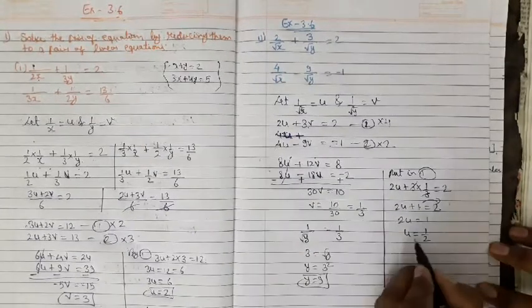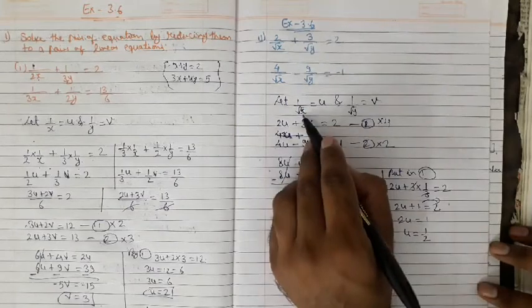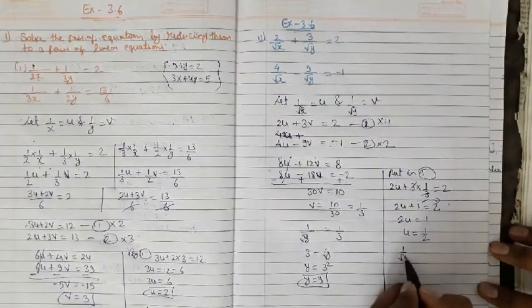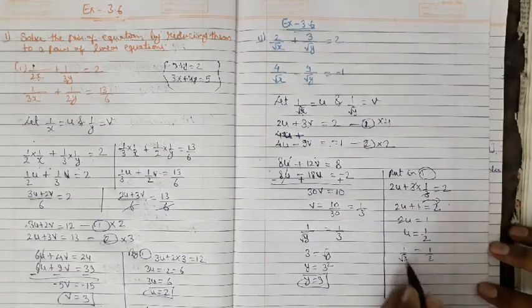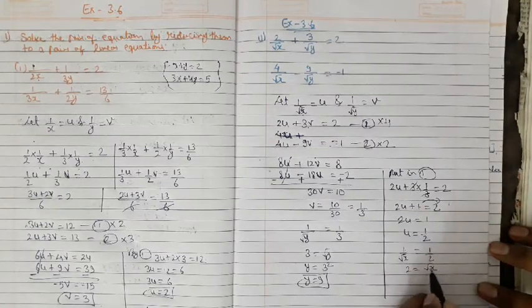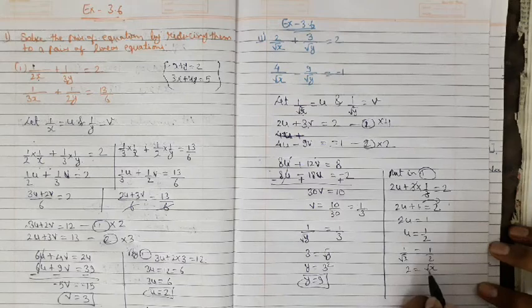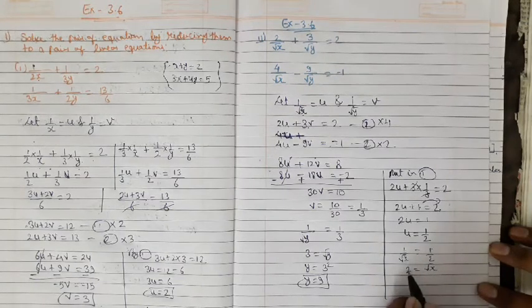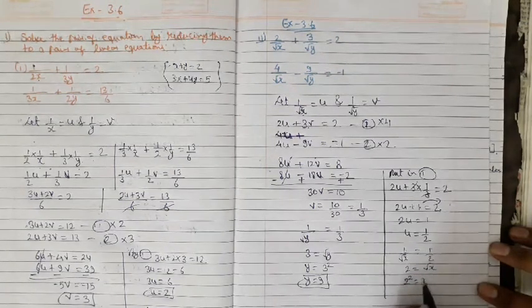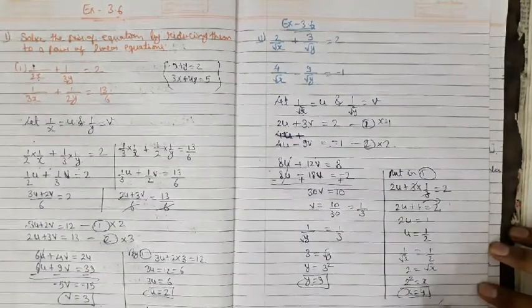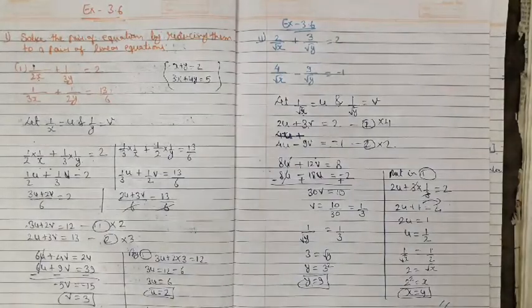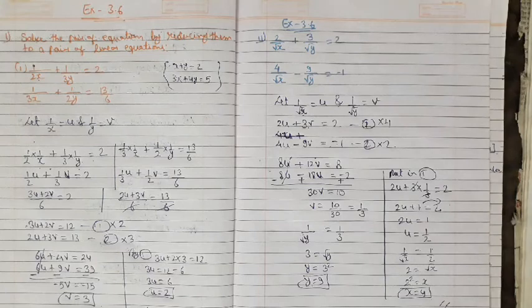And same thing, instead of u we take 1 by root x. So 1 by root x equals 1 by 2. 2 would be shifted here and x would be shifted here, so we'll have 2 into root x. For finding x we need to remove this root. If I remove this root I have to write a square on 2. So 2 square equals x. So x would be 4, and y we have 9. Okay, now I think you understand how we have to solve this type of question.